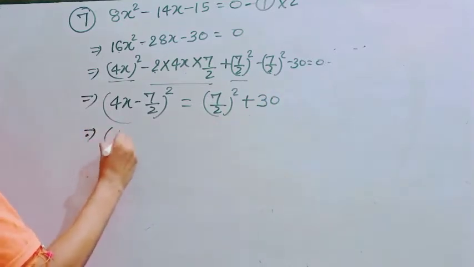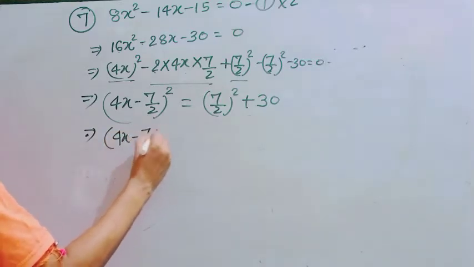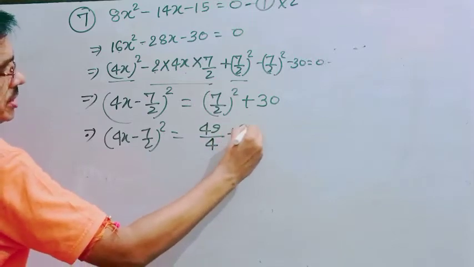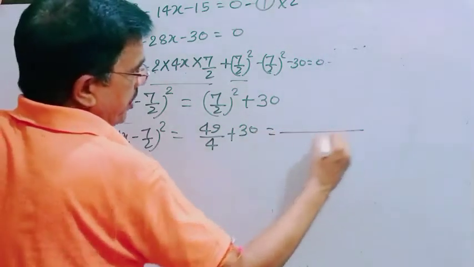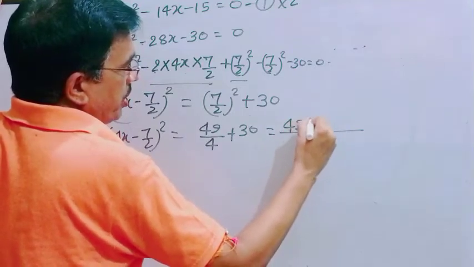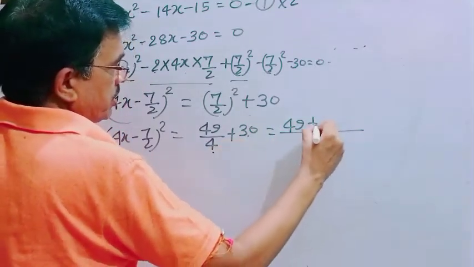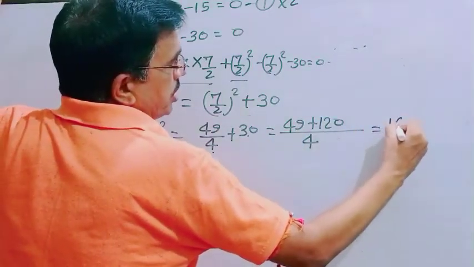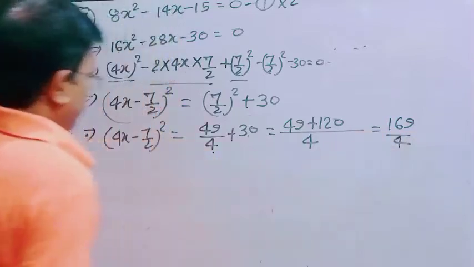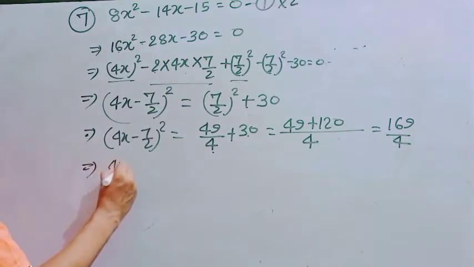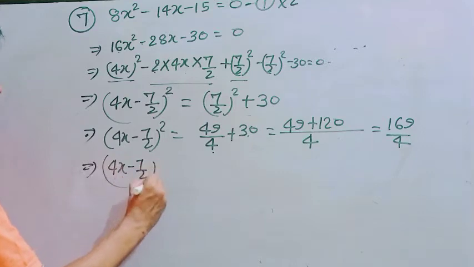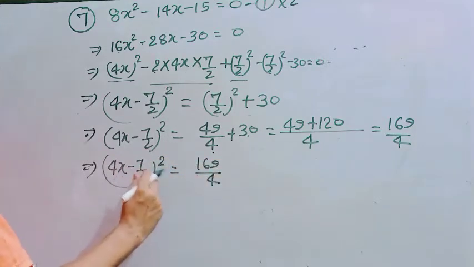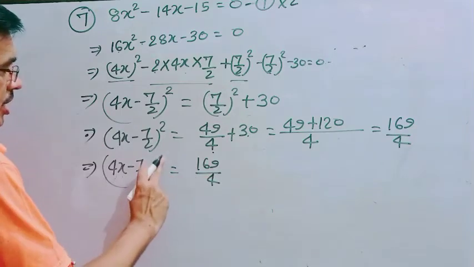Then here 4x minus 7 by 2 whole square, you get 49 by 4 plus 30. So take LCM, here is 4, here is 49 and 30 4s are 120, and add, then you get 169 by 4. Then 4x minus 7 by 2 whole square is equal to 169 by 4, and this square is converted into